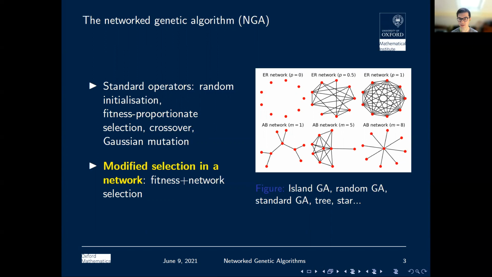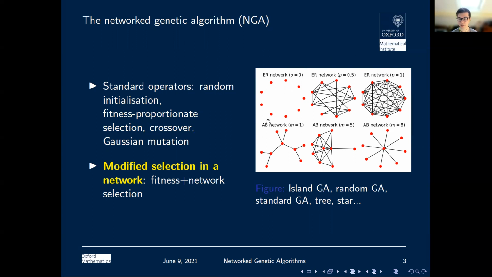In the Erdos-Renyi random network, the parameter named P is the probability of attachment between any two nodes. So any link between any pair of nodes has a probability P of existing. So when P equals 0, you have no links at all. And when you have P equal 1, all the links are present. So this is the complete network. And for intermediate values of P, well, you just have an intermediate number of connections.